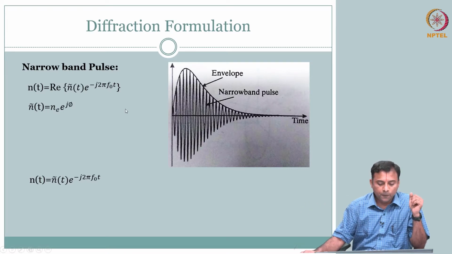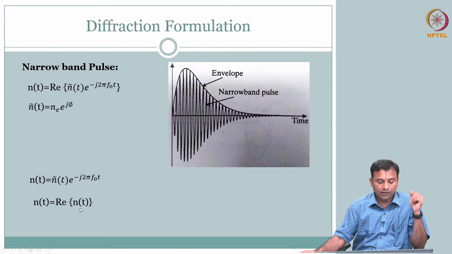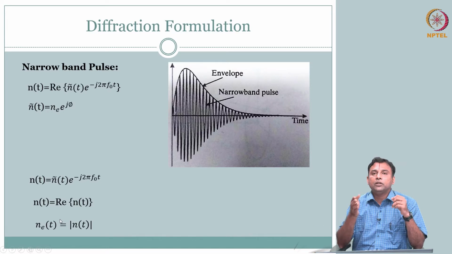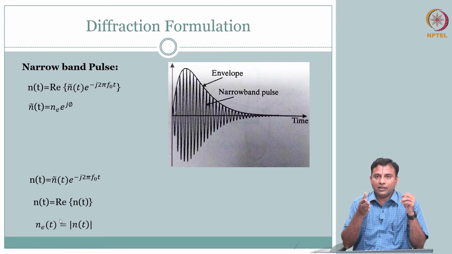Okay. So, what we will do is, let us pretend we are going to send this, and we are going to have a real part of this n of t, and your envelope is the magnitude of this n of t. So, you are sending this signal. This is going to be the signal that we think we are going to hit at the face of the transducer.